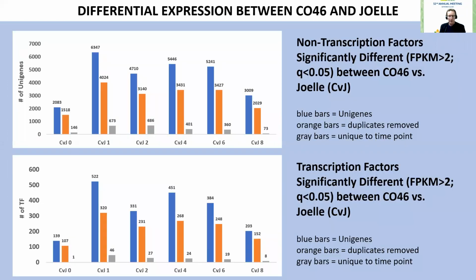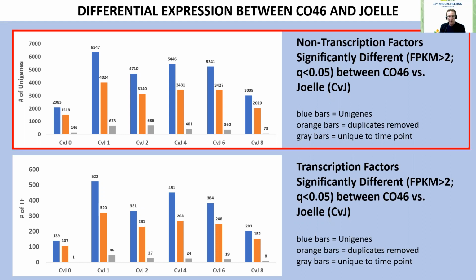At each cold acclimation time point, we collected leaf tissue from both the spring and the winter biotype for conducting RNA-seq analysis. We used a very stringent approach of FPKM greater than 2 and FDR of Q less than 0.05 to identify transcripts showing differential levels of expression between the spring and winter biotype at each cold acclimation time point. Of the 89,418 Camelina genes annotated to Arabidopsis, we identified between 2,083 and